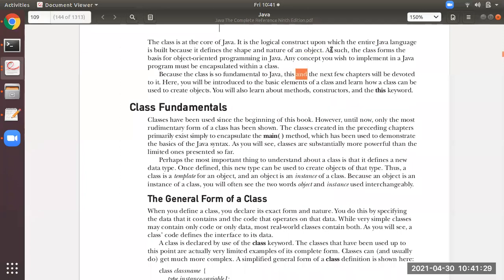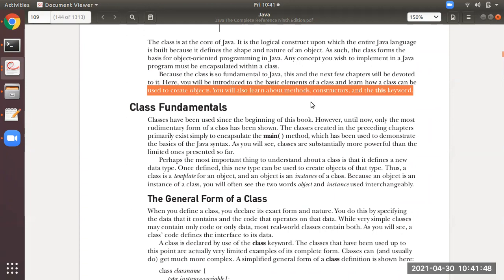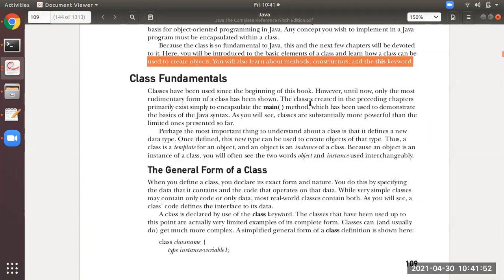As such, the class forms the basis for OOP in Java. Any concept you wish to implement in Java should be encapsulated within a class. You will also learn three things in these two chapters: methods, constructors, and the this keyword. This is very important.